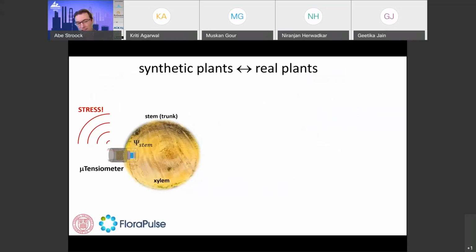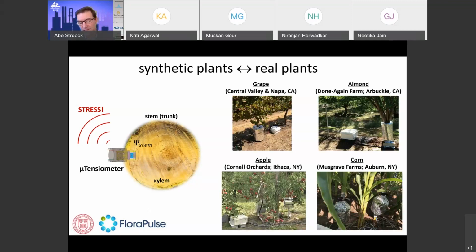And what I'm going to tell you about is how this is a step towards the Internet of living things, where we can take a device, embed it directly into the tissue of a plant, and allow for local equilibrium to occur between the water in the tissue and the water inside of our device. And then that becomes an electrical signal that we can digitize and send out into the cloud and into our models. And so the company is FloraPulse, that has brought this and now is based in California.